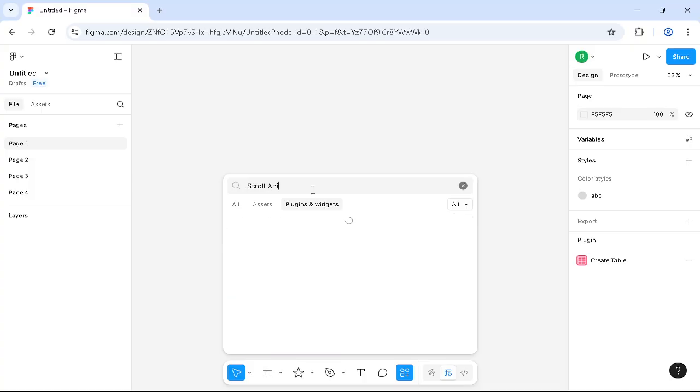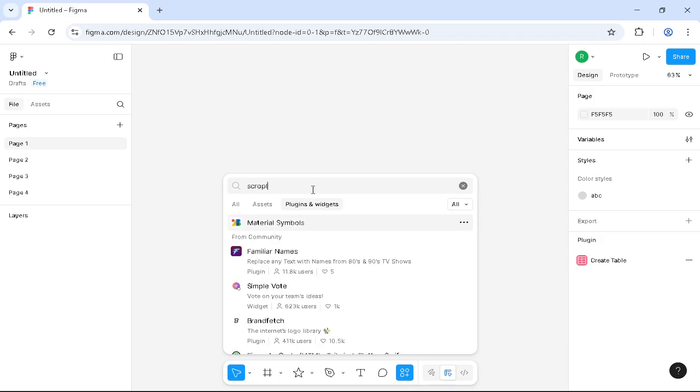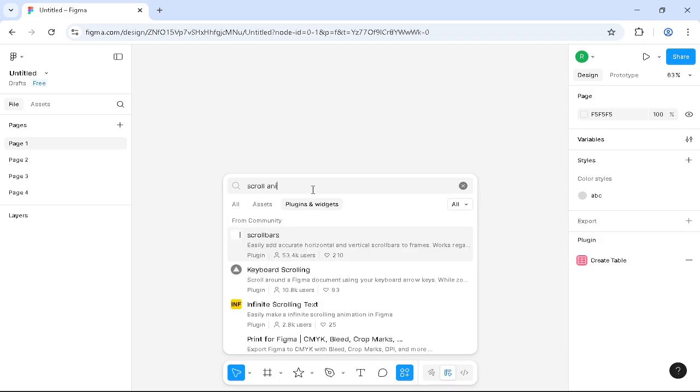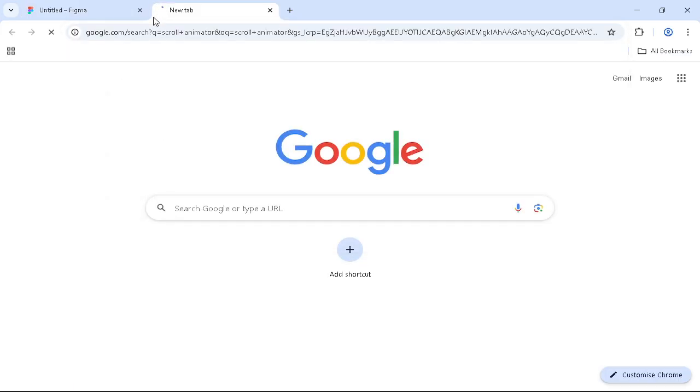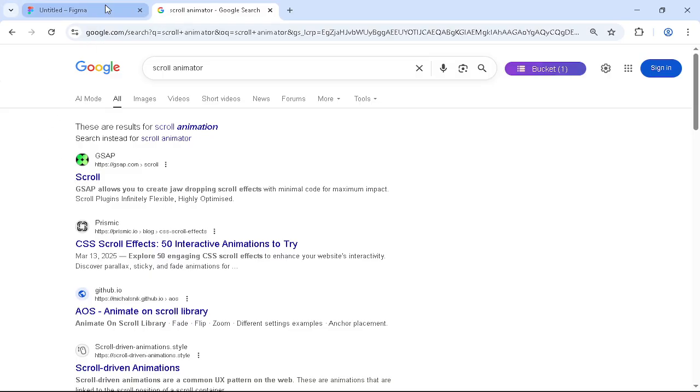Scroll Animator. Animate scroll. Animation. So we're going to start right here to dive into that. And the Scroll Animator is